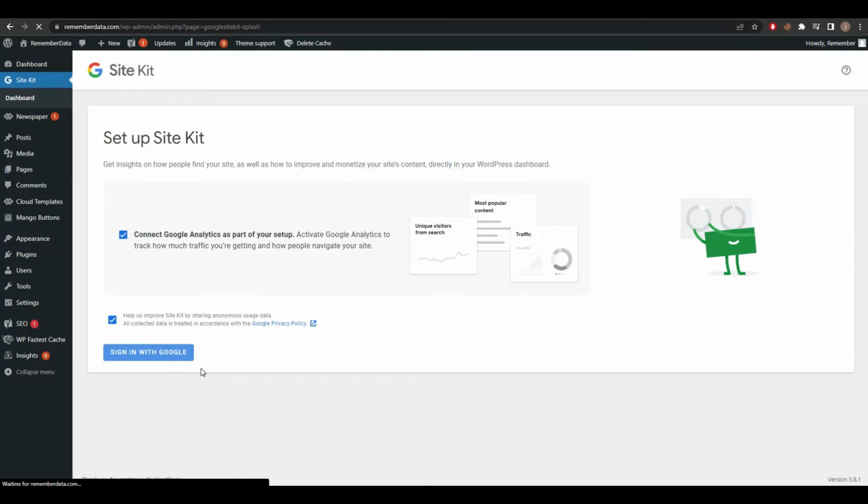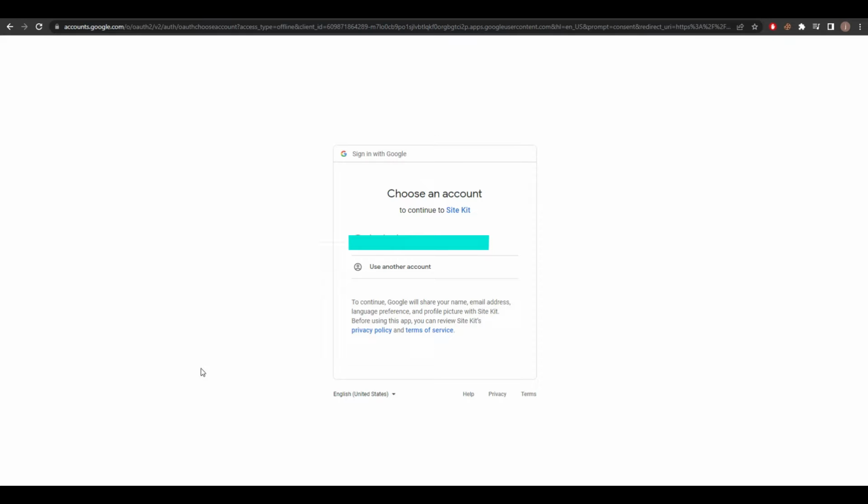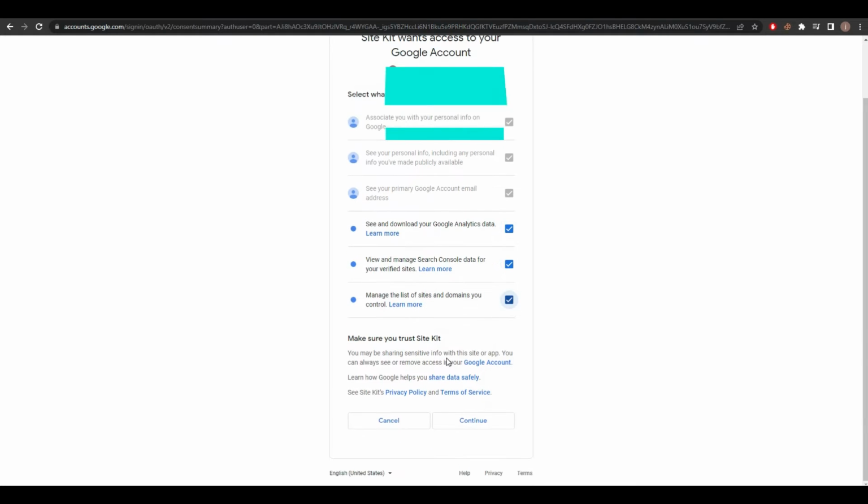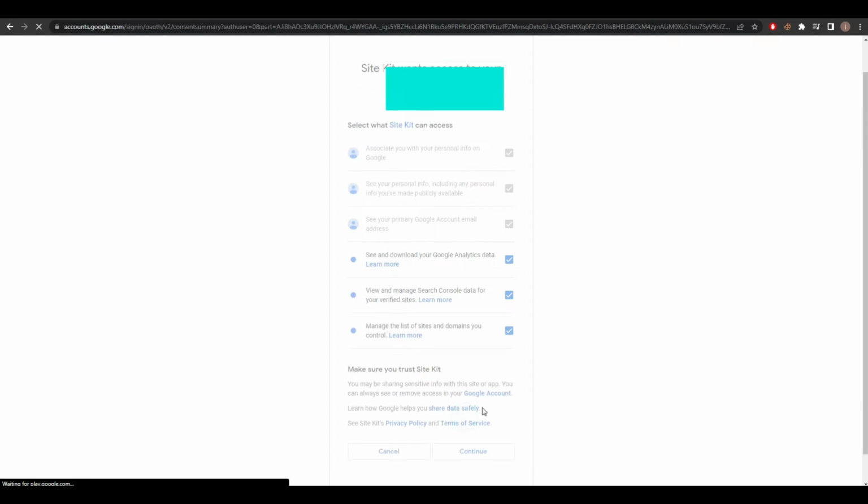and sign in to your Google account. You must log in to your Google account. Here is my Gmail account. I just click here and select all the options. Then we select continue again,